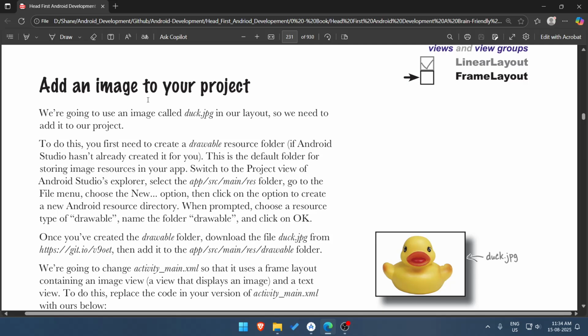Add an image to your project. We're going to use an image called duck.jpg in our layout, so we need to add it to our project. To do this, you first need to create